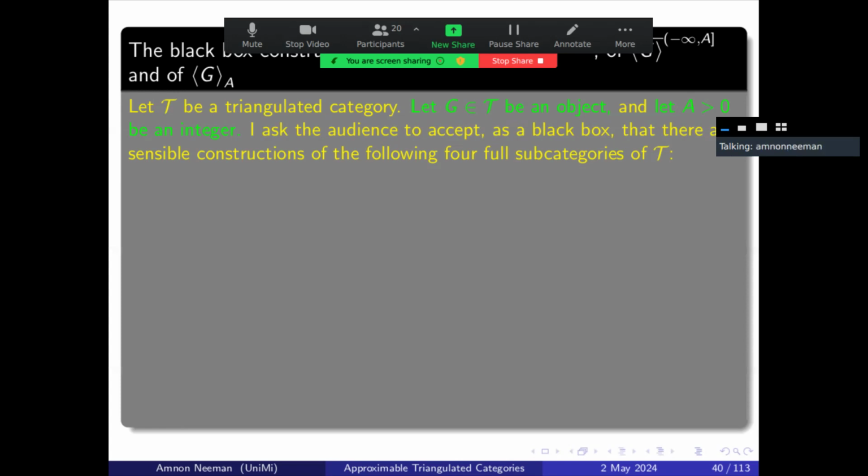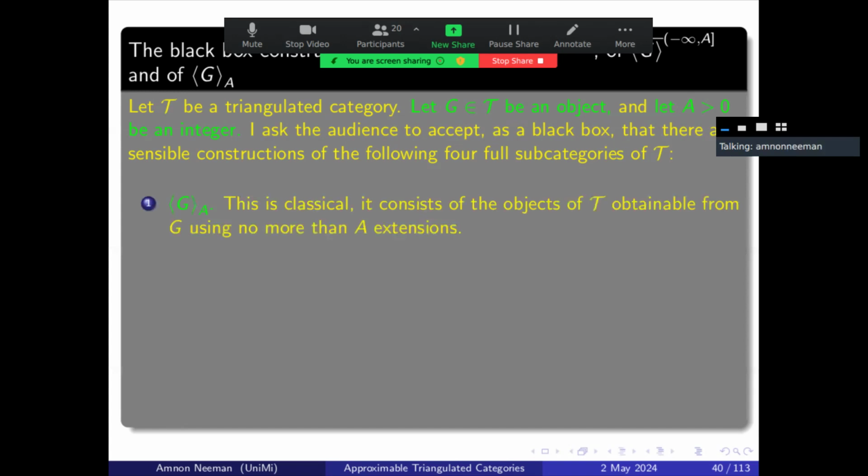And the idea of all of these constructions that I will show you is that you place some limits on what you allow. So the first is this, which is due to Bondal and Van den Bergh in a 2003 paper. And the only limit is on the number of extensions you can use. In another 2003 paper by Alonso, Jeremías, and Souto,